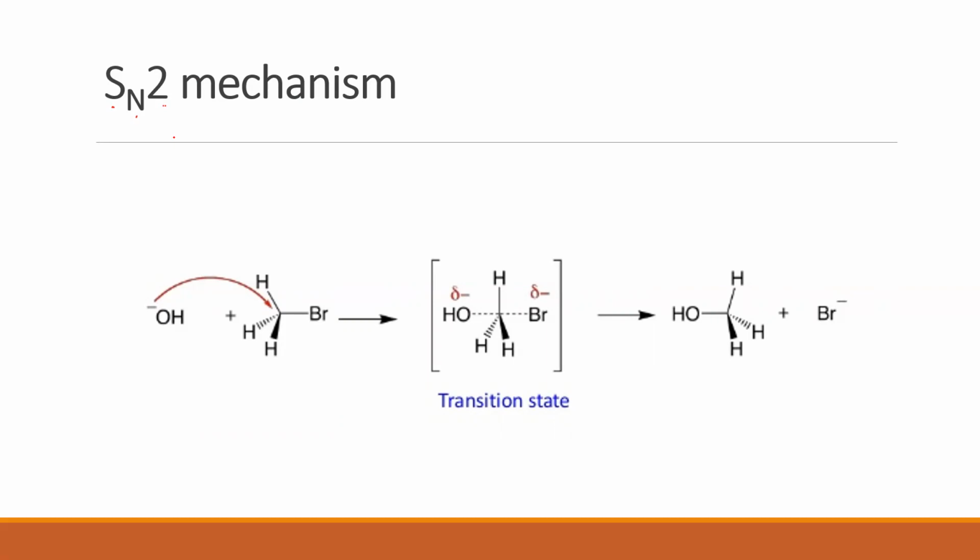Now in this mechanism, what basically happens is I have an alkyl halide here. This is the simplest alkyl halide, CH3Br. The nucleophile wants to attack this alkyl halide. It tries to come from the front. Now, if this is the front side and if this is the back side, it tries to come from the front. Is it possible to attack this carbon atom from the front side? It is difficult. Why is it difficult?